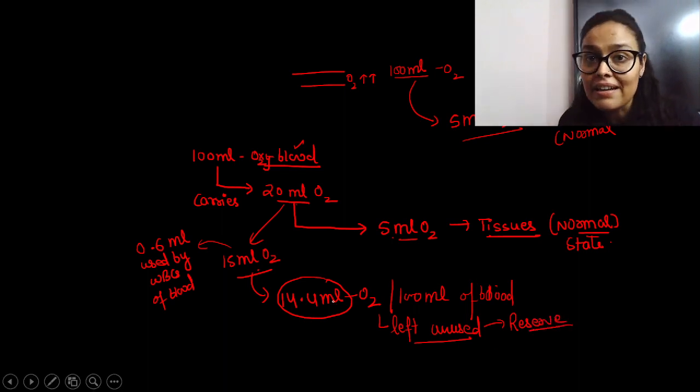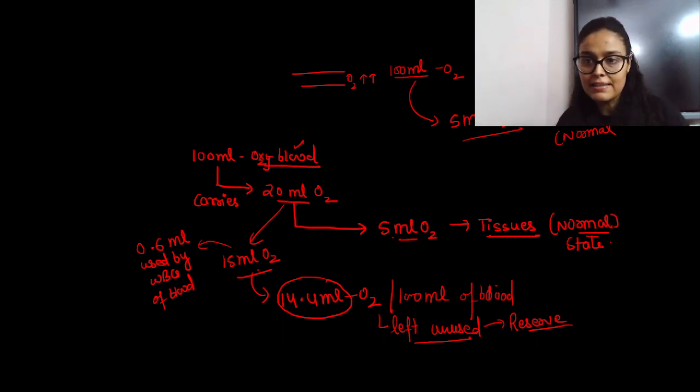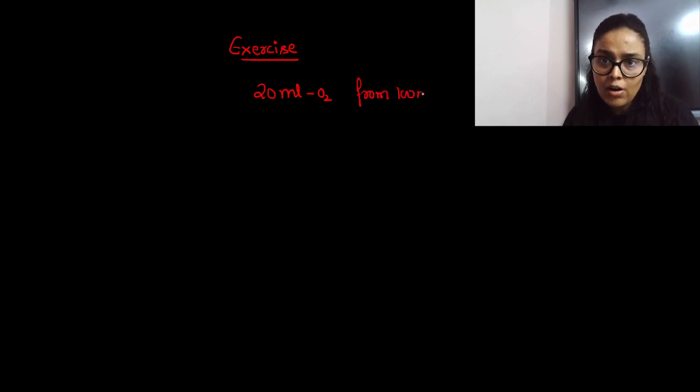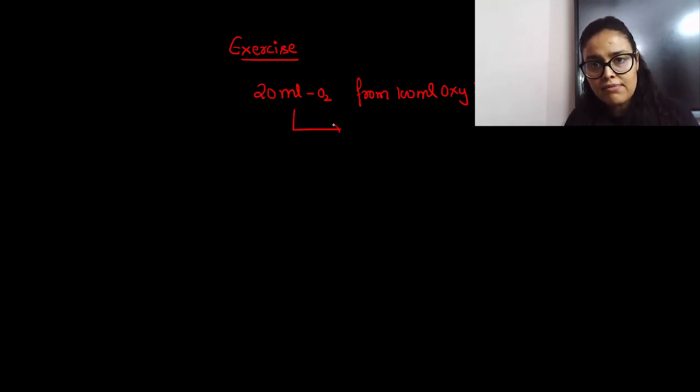And when someone is doing exercise, because this condition is when we are in the normal, resting state, right? But when we are doing exercise, during the strenuous condition, when we are physically active, right? What happens during the exercise? Out of 20 ml oxygen from 100 ml oxygenated blood, how much will be delivered? So out of this 15 ml during exercise, 15 ml oxygen will be delivered to tissues,